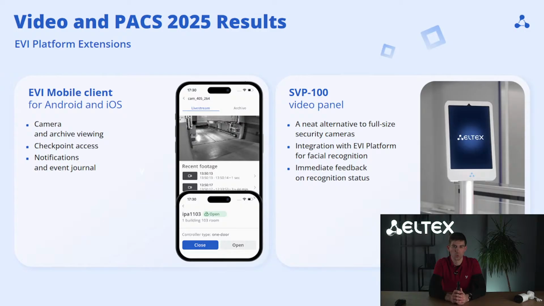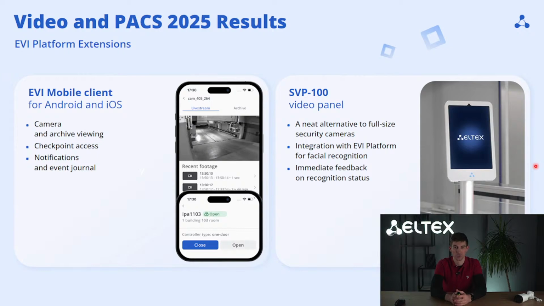This one is what we predominantly use internally at Eltex, and I'm quite happy. I'm using this almost on a daily basis because these tablets may be installed on the turnstile, or mounted on the wall next to the room that you want to access. It gives you immediate feedback because of the large screen. It shows you what the camera is seeing straight away, and it shows you the status, whether or not you've been recognized, or the system does not know you and you're not going to be given access to this